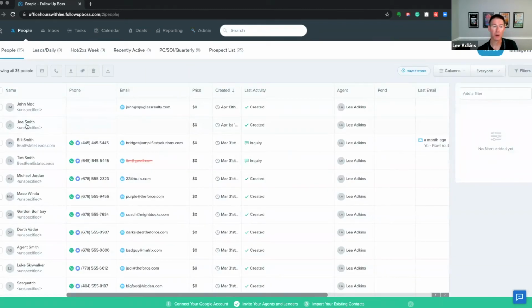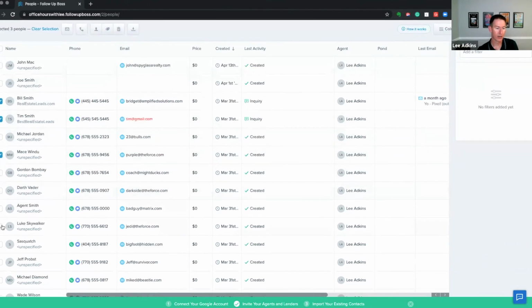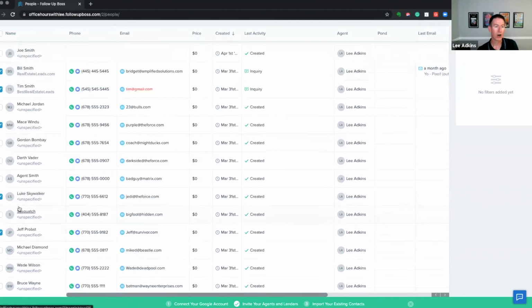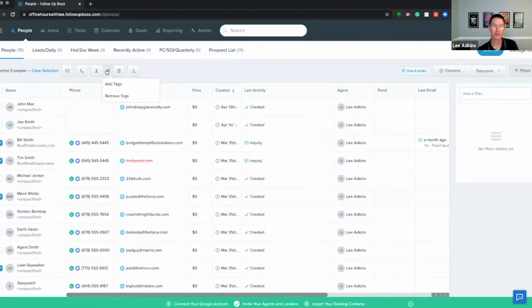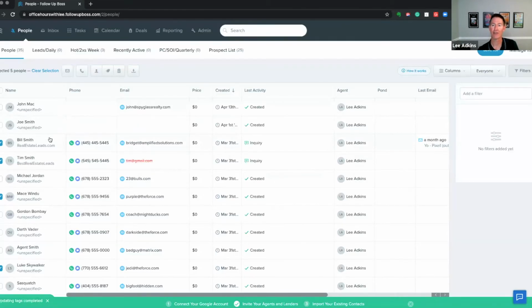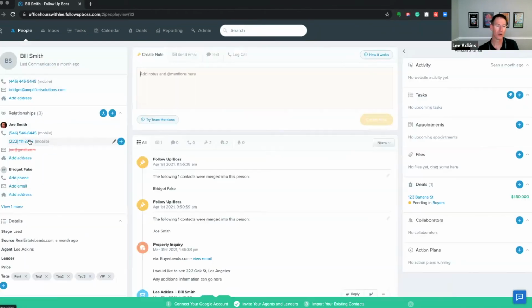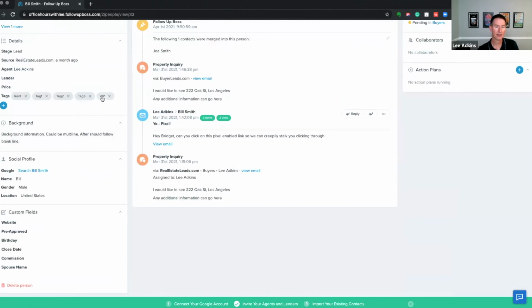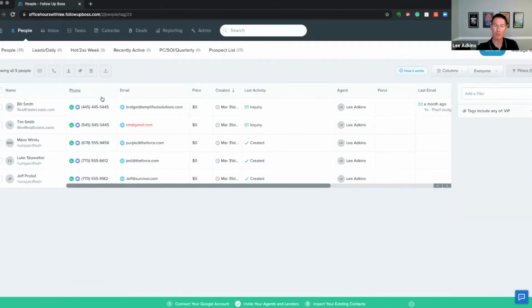Yeah, and there's two things on that I want to mention. Number one, you can add them in bulk as well, add or create them and add them at the same time even. So the VIP one was a great example. I'm just going to pick a couple of people here, and then I can go up here to add or remove tags, and I can even create a tag here. That doesn't exist yet, but I can create a new tag VIP right here. When I hit add tags, it just added it to those 5 people. And so now even if I click on one and click on that tag, it takes me back to those 5 people.